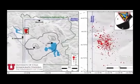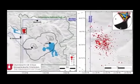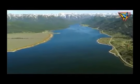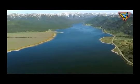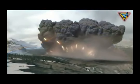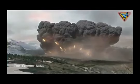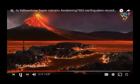The University of Utah is part of the Yellowstone Volcano Observatory, YVO, which monitors volcanic and earthquake activity in Yellowstone National Park. Seismic activity at volcanoes can signal an eruption is due to take place, although predicting exactly when a volcano will erupt is